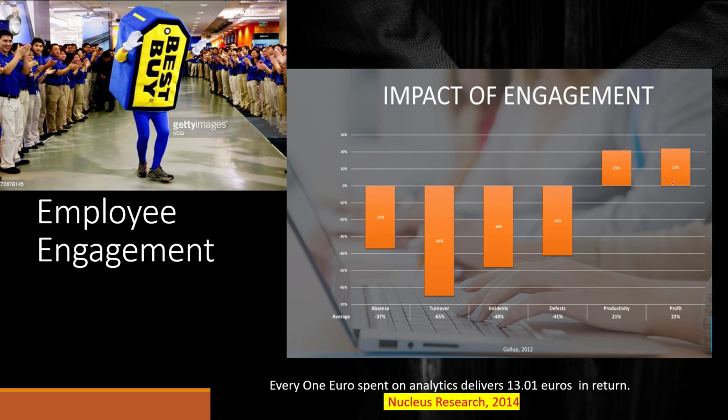What did Best Buy do? It compared engagement and changes in engagement per store with profits per store. Findings revealed that when engagement changed from year 0 to year 1 by 1%, going from 70 to 71%, the profit in the store would increase by a million United States dollars.